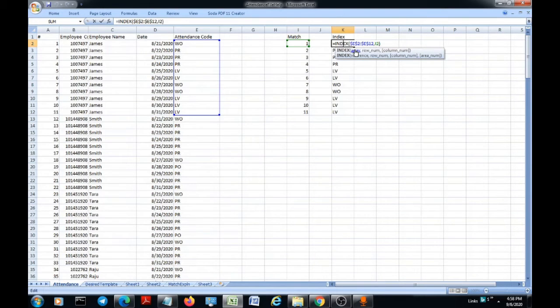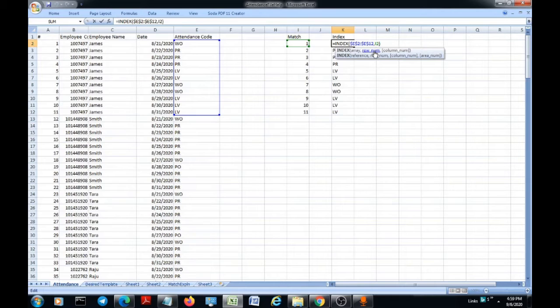For the index function, just have a rule of thumb. When you write an index function, the first thing that you write is the address of the column or the row or the array where you want to pick the result from. That is the simple rule of thumb to remember when using the index function. Otherwise it's a bit difficult remembering this one. Next comes the row number and then the column number. If you are using an entire table, you can add values for row number and column number, but I'm just selecting one single column. So that's the reason I'm only taking two values, one array and another one row number.